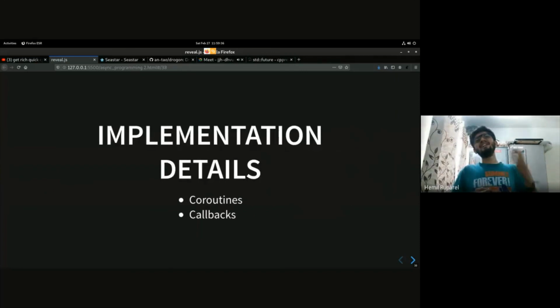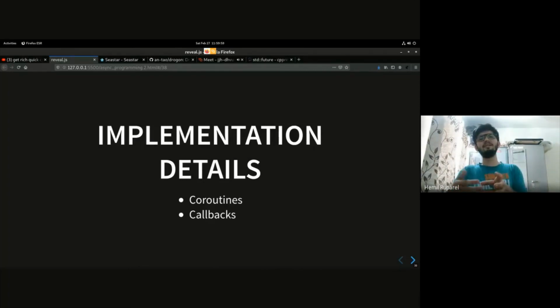And there are two main ways to implement asynchronous programming libraries, without having to manually spawn those threads. First is using coroutines. For those who don't know, a coroutine is basically a function which we can suspend and then continue execution from where it was suspended. For example, let's say we are making a database query.